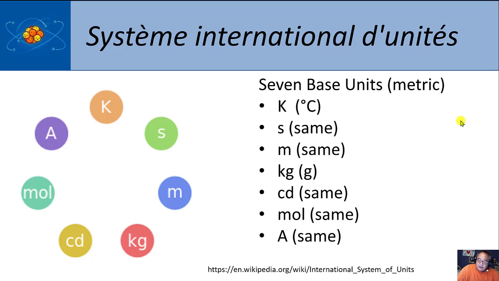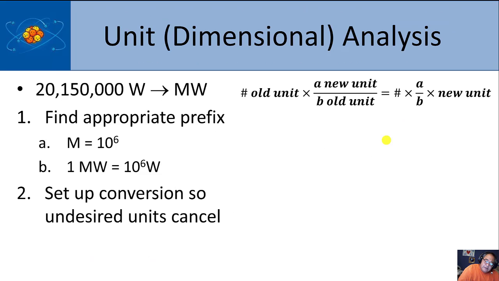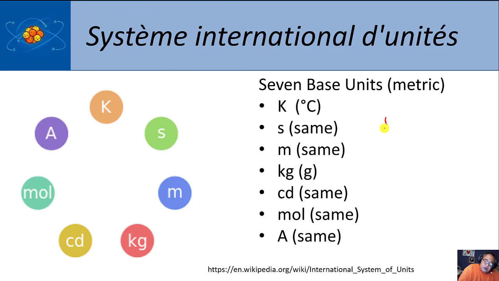I got to move these controls. Sorry. That was a kilogram meter per second squared, meter squared per second squared. So that's actually a joule. Hang on. A joule is equal to a kilogram meters squared per second squared. You'll notice that that's actually made up of 3 different SI units: the kilogram, the meter, and the second. Okay, so